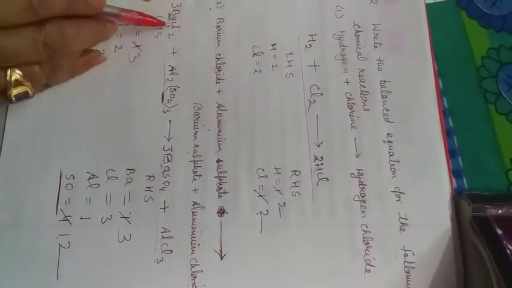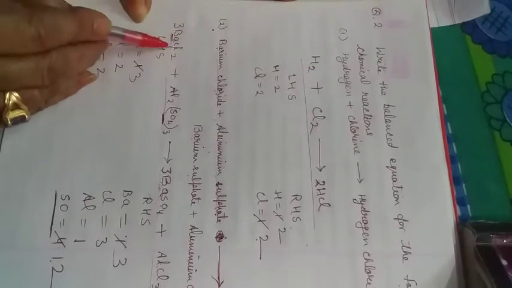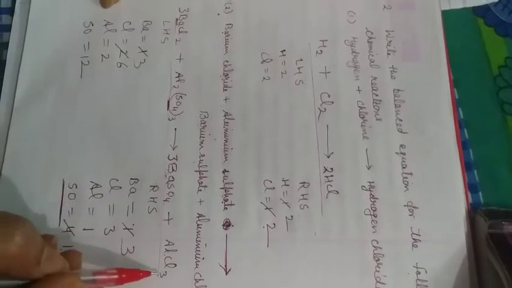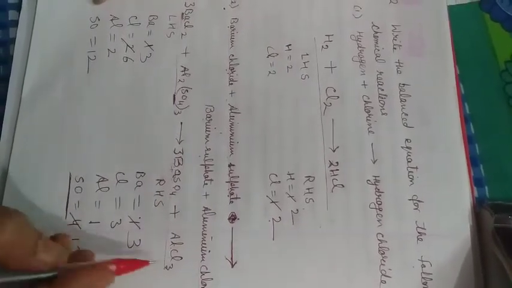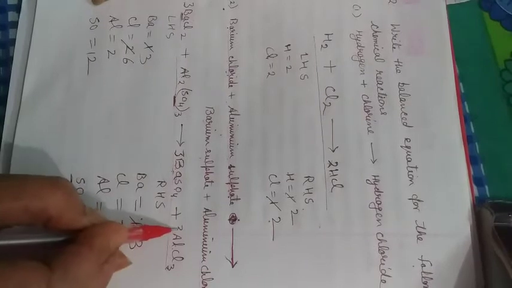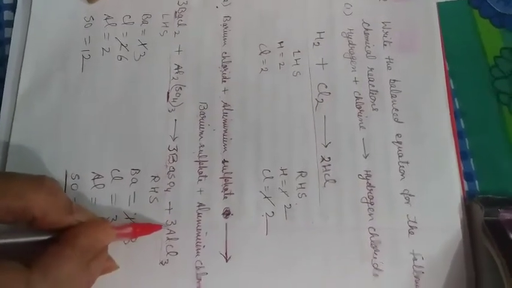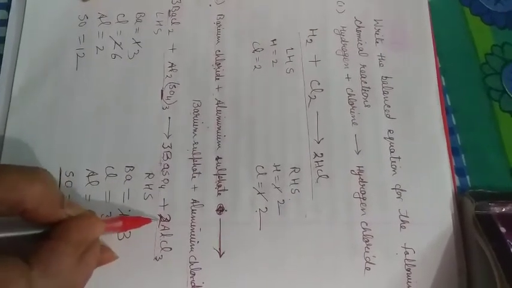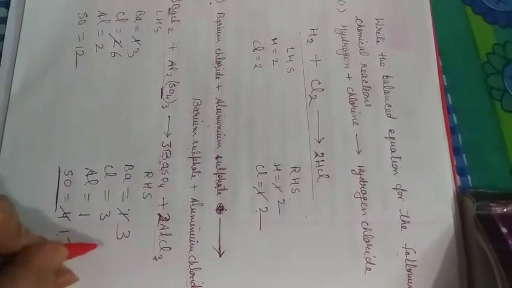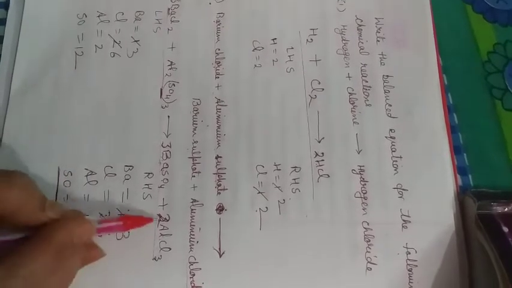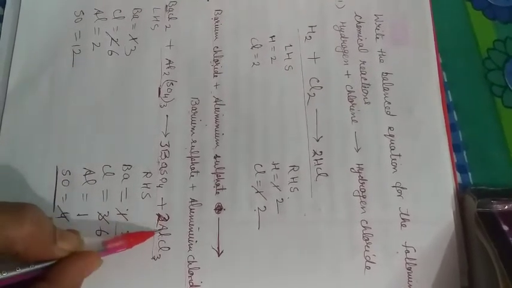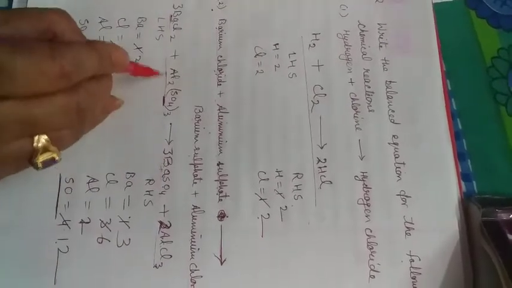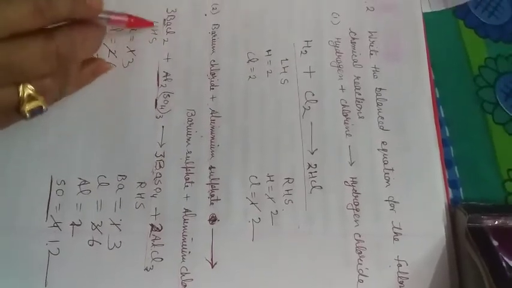See, now let's see, chlorine atoms are 3 twos are 6 and here 3 only. If we multiply by 2 here, then we'll get 2 threes are 6. Now students, here aluminium becomes 2. So here already 2. Now our equation is balanced.